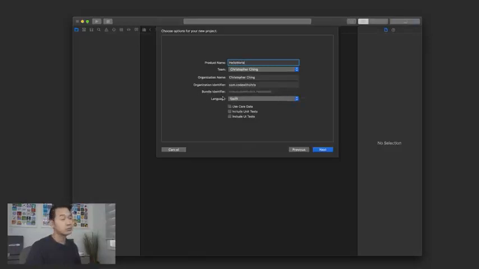You're going to see this term used quite a bit. It's basically like the unique ID for the app that you're creating. When you publish your app or when you upload it to the App Store and that sort of stuff, you're going to need that bundle ID. Okay, so